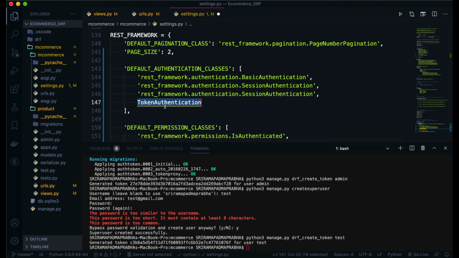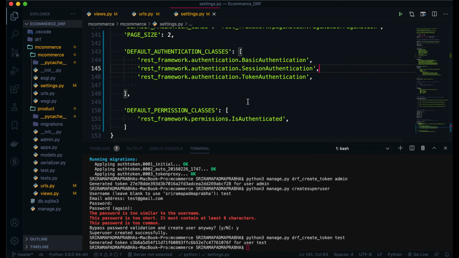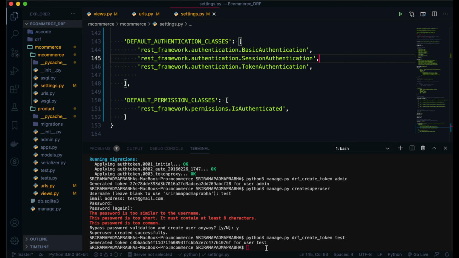So yeah, we are done now. This is fine, but we don't see anything specific, because I want to implement this not at the global level, but at a specific API view level. That also we can do.